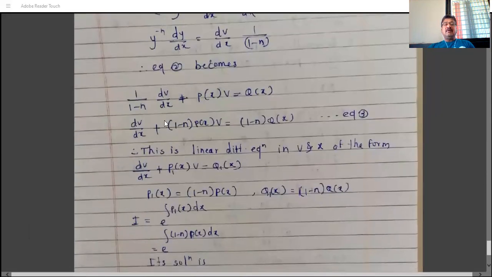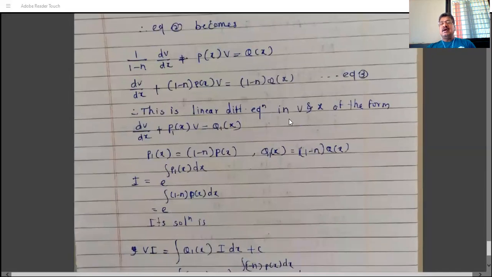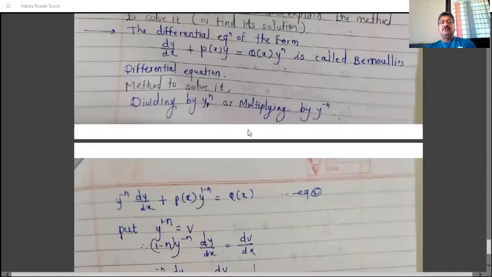Then multiplying by 1 minus n throughout, we have this, and this is a linear differential equation in v and x. So what is its form? dv by dx plus P1(x) v is equal to Q1(x). Because of overlapping of the notation given in the problem, where the notation is P(x) and Q(x),